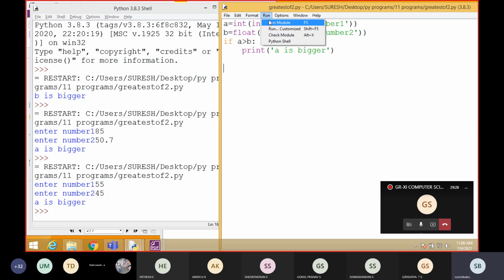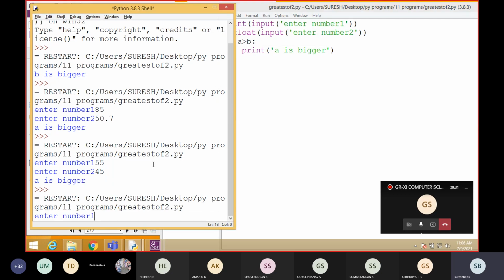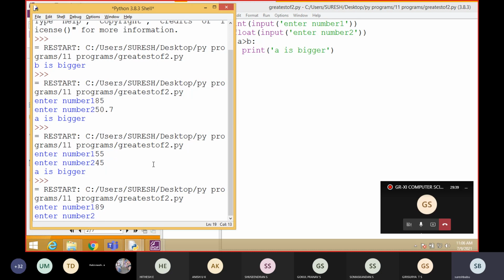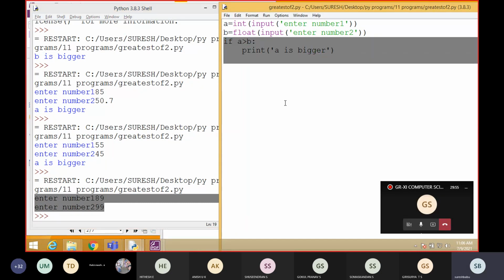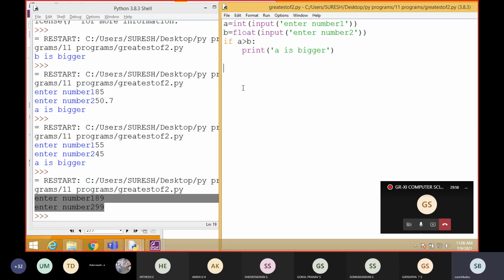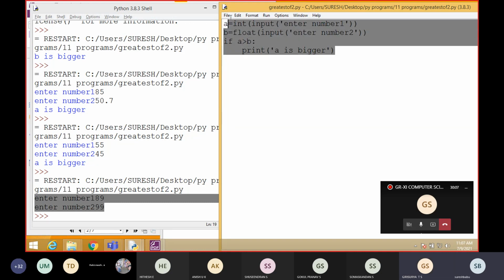But again I am going to execute and give the values where the first number a is smaller and b is bigger. For that, the program is not going to give any output. In the previous one we saw a is bigger, but here there is no output related to that. If false, it is not going to show anything, because we didn't give any coding. Students understood? Yes, this is called a simple if statement. Only for if, nothing for the else part.